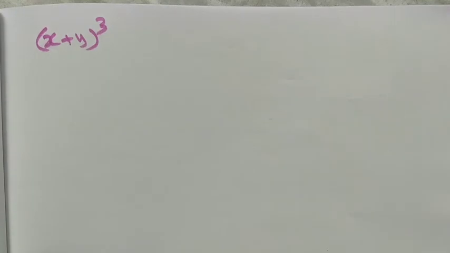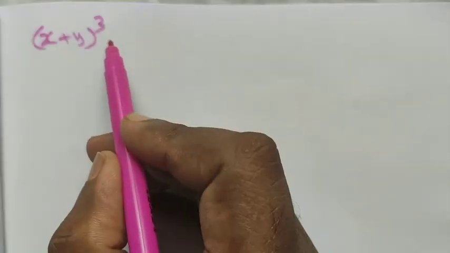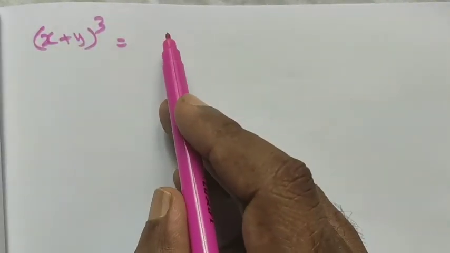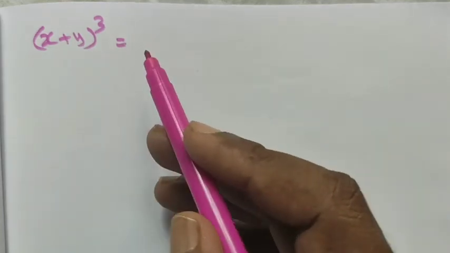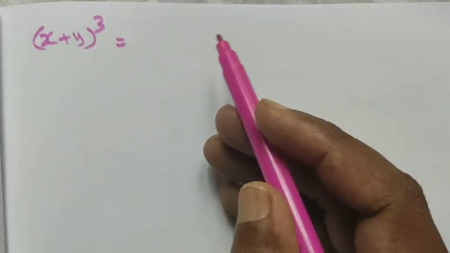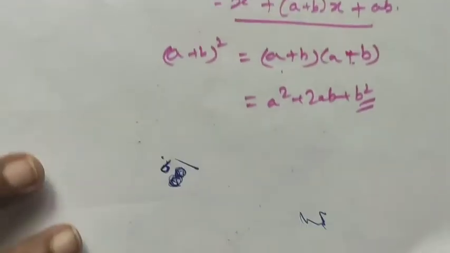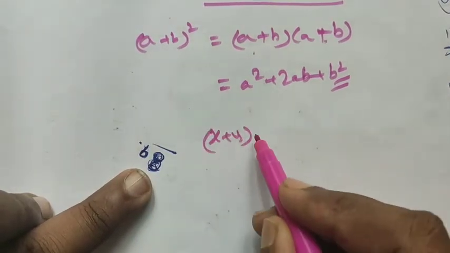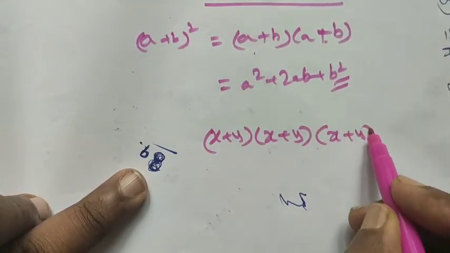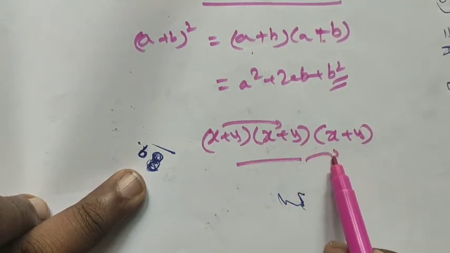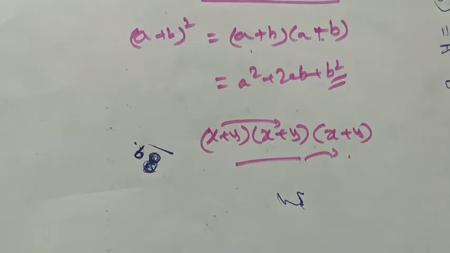Next we see that (x plus y) whole cube. Now here, (a plus b) whole square we have found out, right? This term (x plus y) whole cube can be written in the form of (x plus y) into (x plus y) into (x plus y). By that formula we can find the binomial into binomial multiplication. If you multiply this, then the remaining answer should be multiplied with this term, and we get the RHS side. Let's see the RHS side directly.